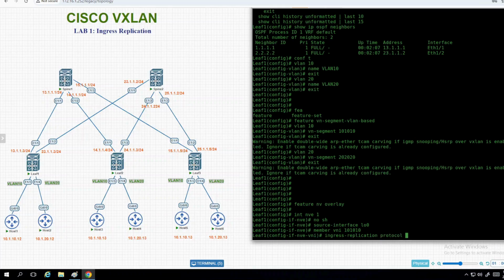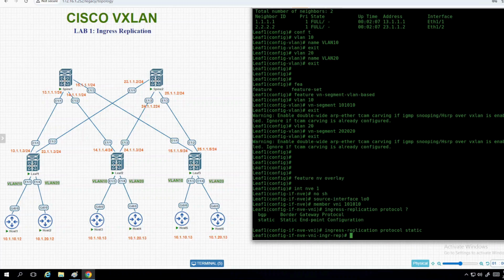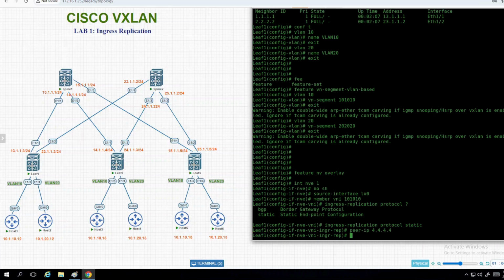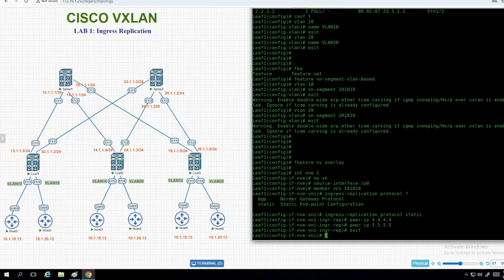And in here I'll be doing the ingress replication protocol. So whatever the MAC address table that leaf 1 has, it is going to replicate using the protocol static. So we have two methods here, BGP and static, but for this lab we are doing static, and I'll be telling leaf 1 that VNI 10.10.10 is available on which peers. So it is available on peer 4.4.4.4, and it is available on peer 5.5.5.5. Okay, hit exit,